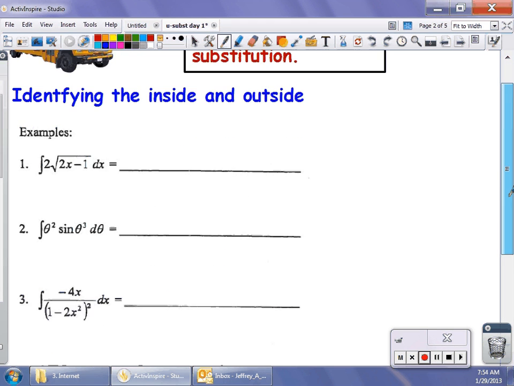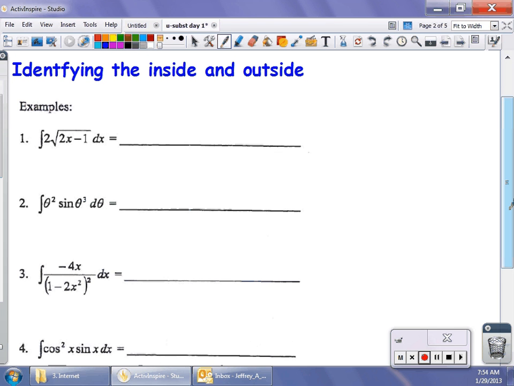This should be pretty easy because this is something you had to do with the chain rule. So in this case, the inside function is 2x minus 1, and then the derivative of the inside function is 2. So we have our inside function, and we have the derivative of the inside function. So if we were going to find the antiderivative, all we would have to consider is 2x minus 1 to the 1/2 power, and we would reverse the power rule,